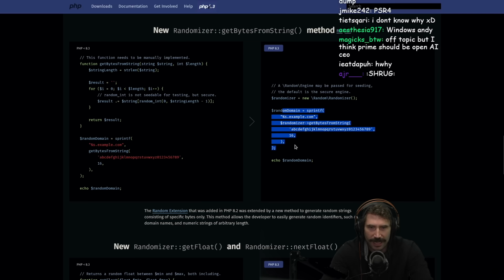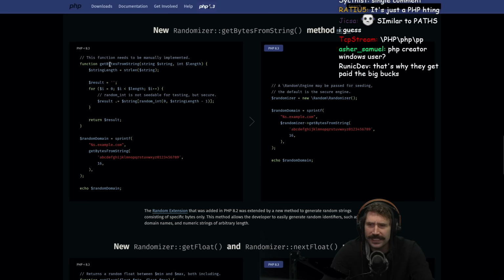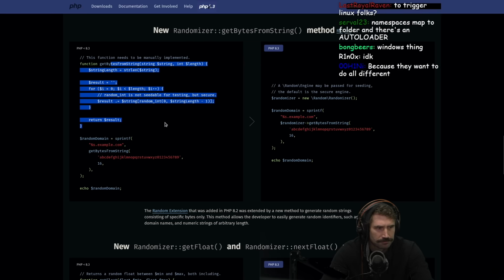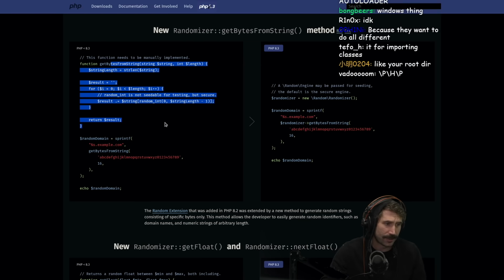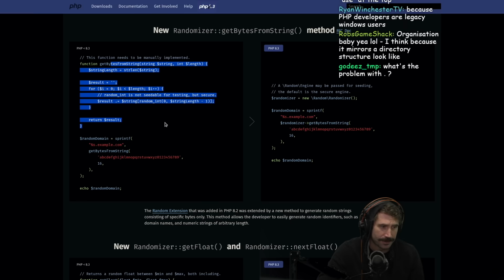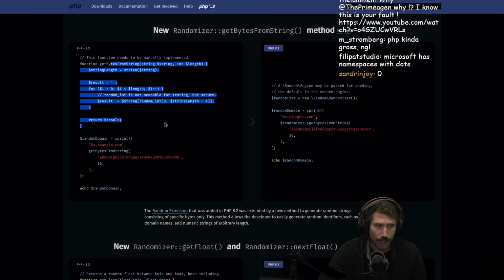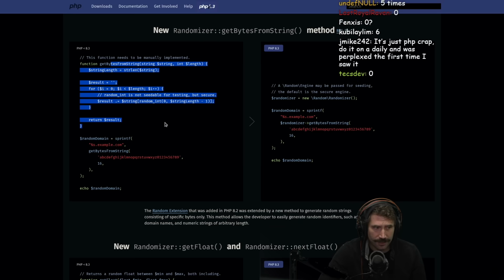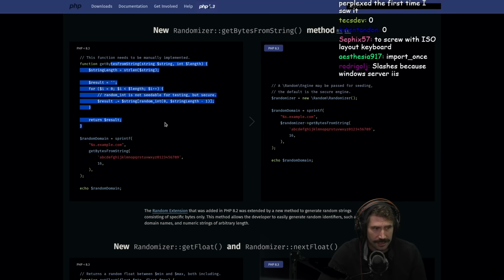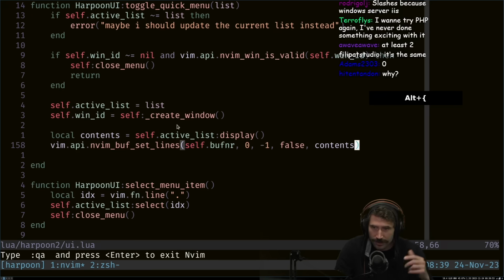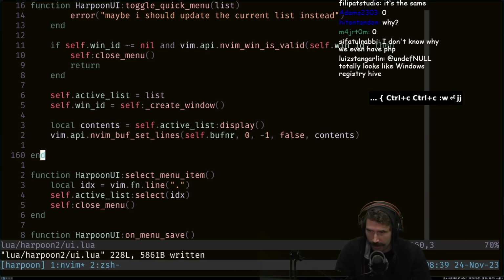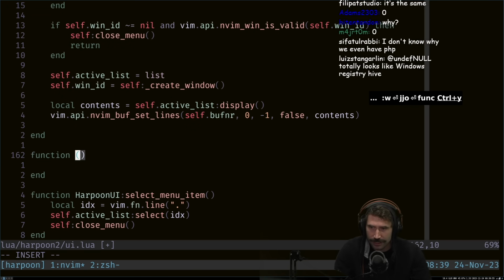Okay, so they have this new randomizer. That's cool. You know how many times I've written this exact line of code? A lot of times. I've written this line of code a lot of times. You're telling me you've never jumped over to some code, I'm in Lua apparently, and had some sort of function like